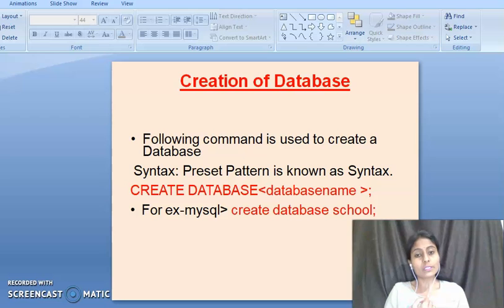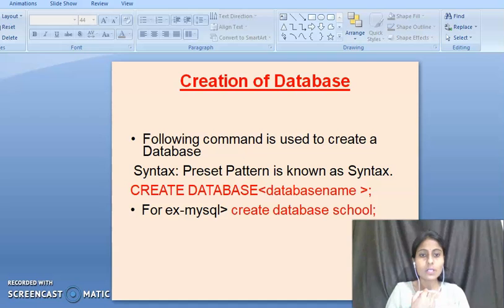It is pre-decided which type of command we have to use for which work. So now we want to create a database. Which command do we have to use? The create command. And what is the syntax of that command?